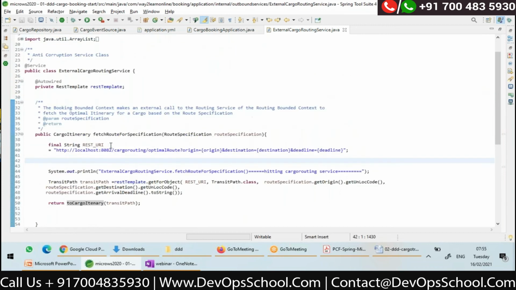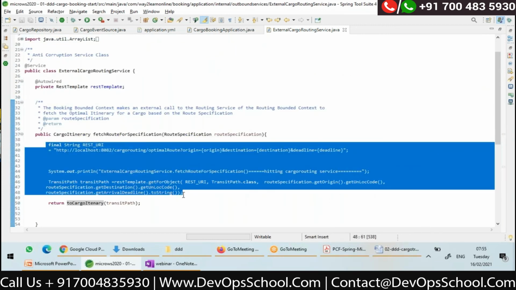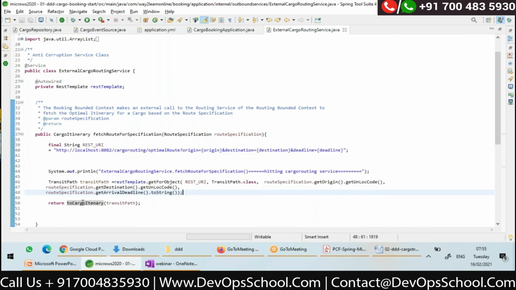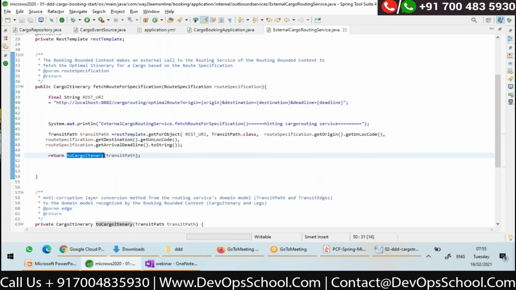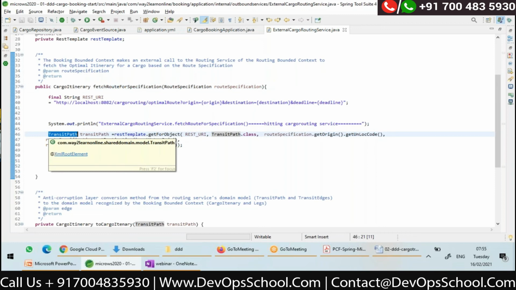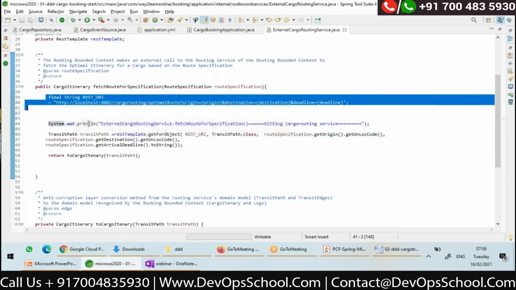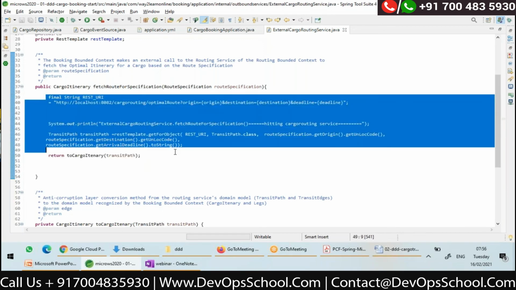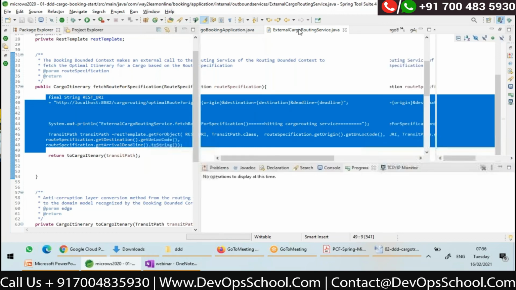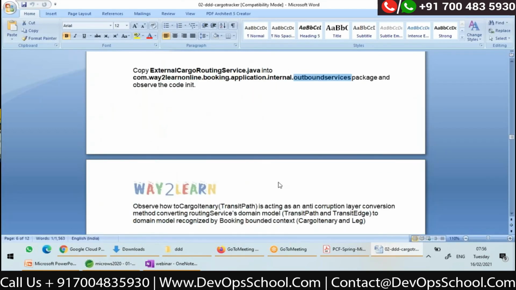Whenever you make a call to an external bounded context, you need to have anti-corruption layer logic like this. In my booking module, I'm going to use cargo itinerary. I will not use transit path. So tomorrow, if the routing module changes its logic, I will change this conversion logic, but my business logic will remain the same. Okay, so that I have done.